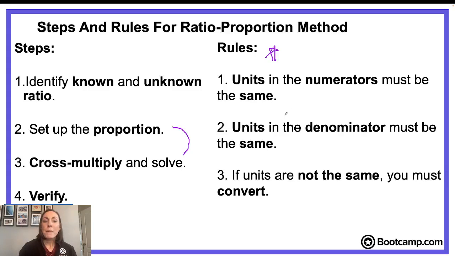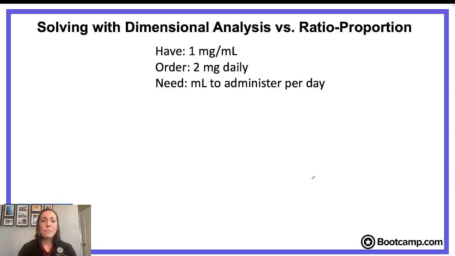So you have to make sure that your units in your numerator are the same, and then your units in the denominator must be the same. But if they're not, don't worry, we're just going to convert to get them to be the same, and then we'll be able to work out our math. If you don't do this, your math is not going to math, it's not going to work out. So you have to follow these rules in order for ratio proportion to work. Okay,